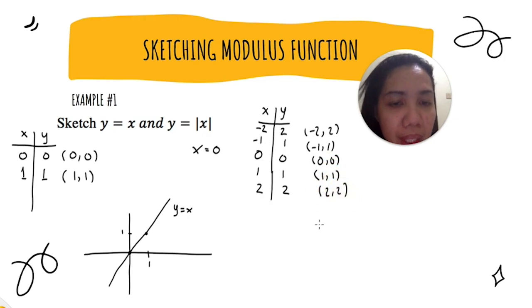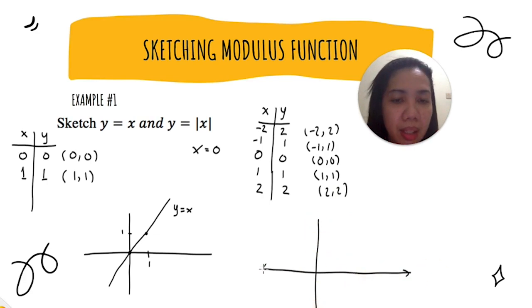And then the next thing, we need to plot it into the Cartesian diagram. Remember, this is the vertex, so we plot first the vertex here. In here, this is the vertex of this modulus function, and then we continue to the right first. To the right first is 1, 1. Supposedly this is 1, this is 1. Okay, this is 1, 1, and then 2, 2. 2 and 2 in here.